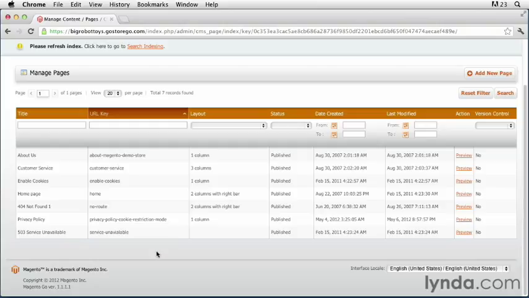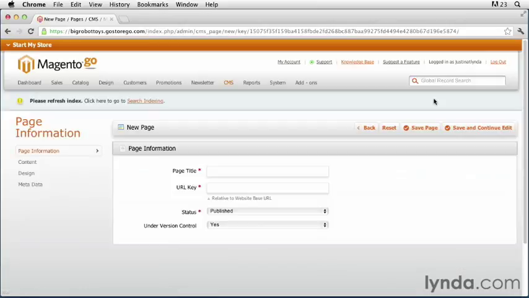You don't have to come up with the content for these pages. They're already published. What if you want to add a page to this? For instance, what if I wanted to add a page with some contact information? I could go up here to the right and click Add New Page, and that allows me to go to the New Page screen where I can then start filling out information like the page title